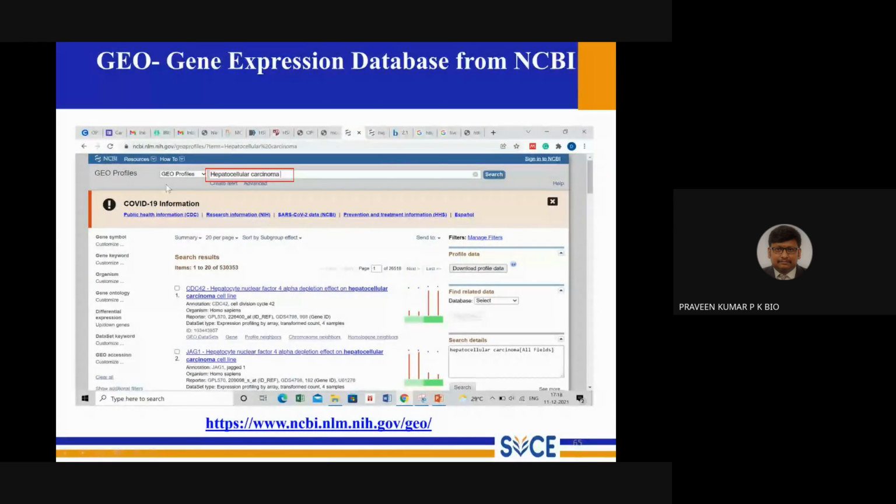Yeah, even in NCBI, you have GEO profiles. Let me expand on GEO. There is also another database called GEO profiles. Simply you have to type a disease name and check it. Not just cancer, you can type even arthritis or an autoimmune disease like psoriasis, whatever you type, you get information of